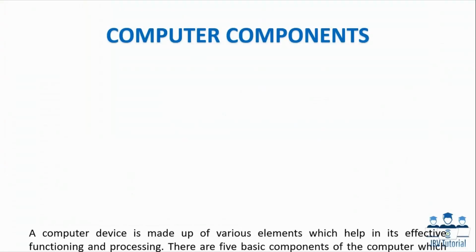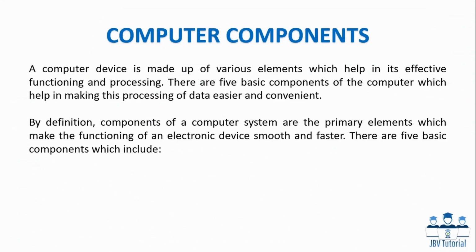Computer components. A computer device is made up of various elements which help in its effective functioning and processing. There are 5 basic components of the computer which help in making this processing of data easier and convenient. By definition, components of a computer system are the primary elements which make the functioning of an electronic device smooth and faster. There are 5 basic components which include: 1. Input unit, 2. Output unit, 3. Memory unit, 4. Control unit,